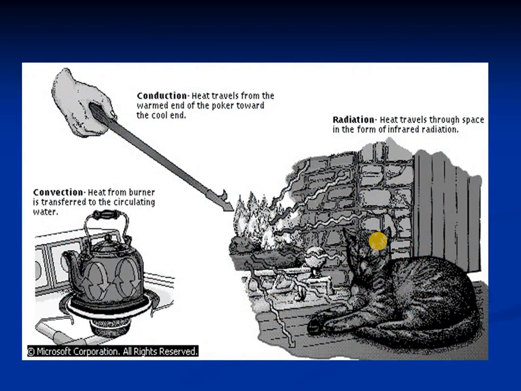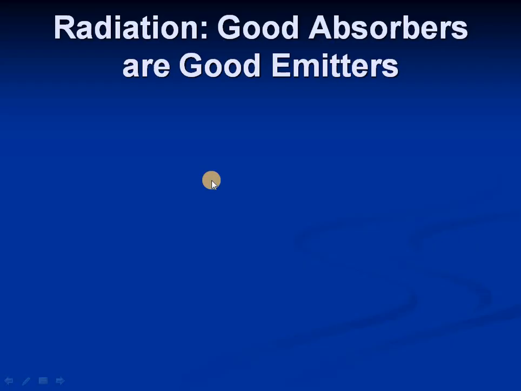You can see in this diagram that here they are making a tool and bringing it near the fire. That is due to contact, because there is contact between the metal and the flame, that's why it is being heated. So this is due to conduction. Here it is convection and radiation.